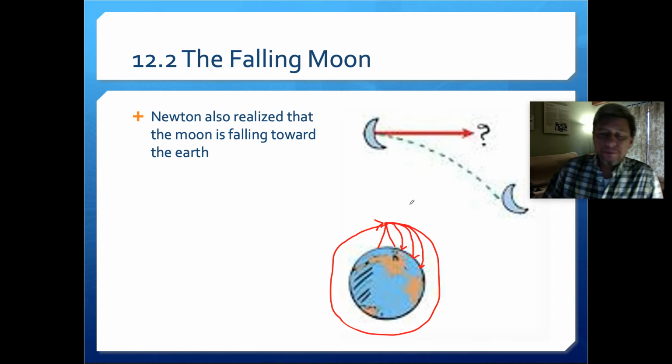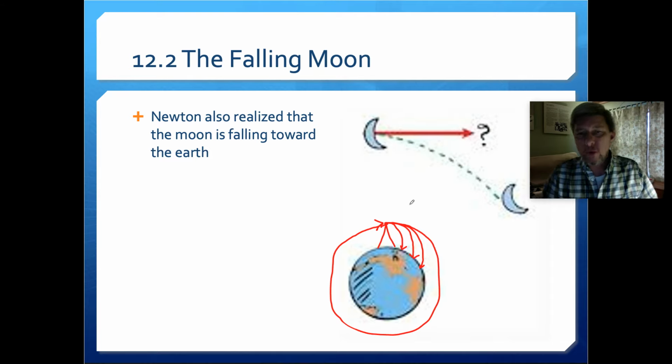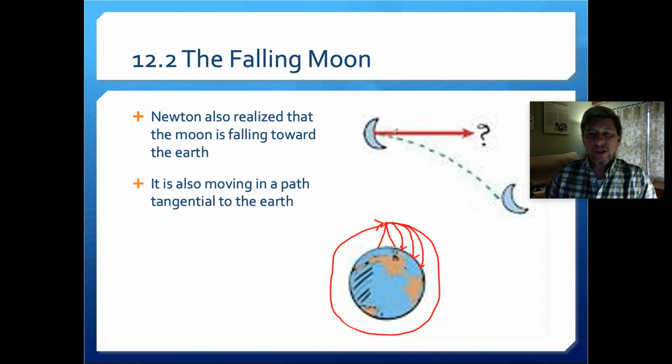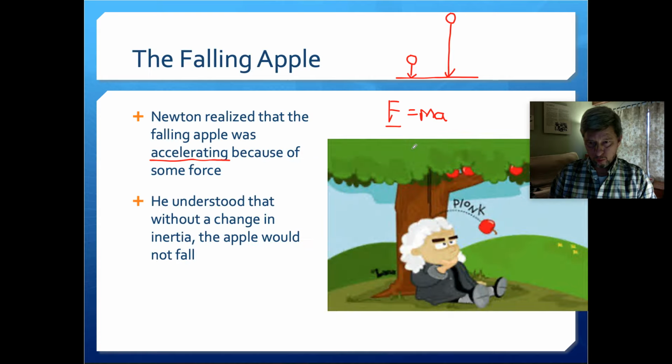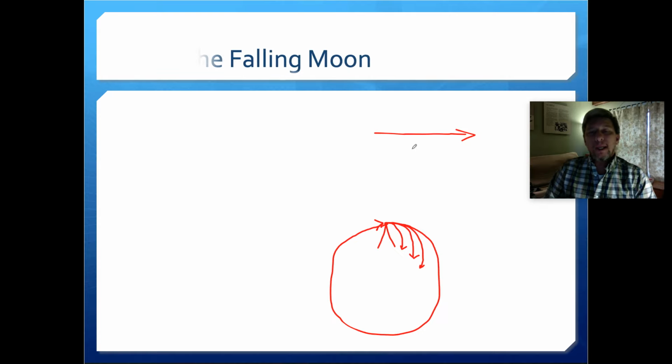So what Newton realized was that the moon is actually doing just what this theoretical rock or baseball was doing. The moon has a tangential velocity, which is represented by this arrow here. And so what Newton figured was if the moon is falling, what that means is that it falls at the rate of the acceleration of gravity